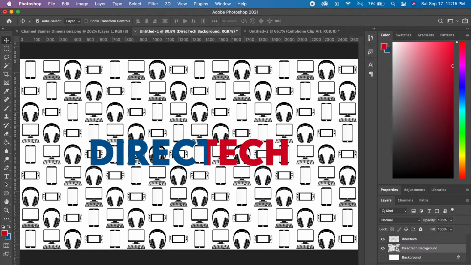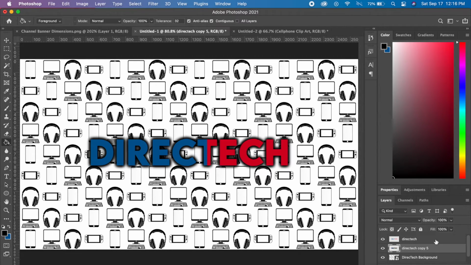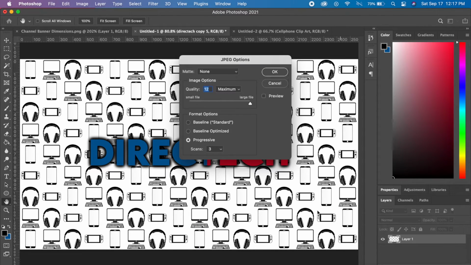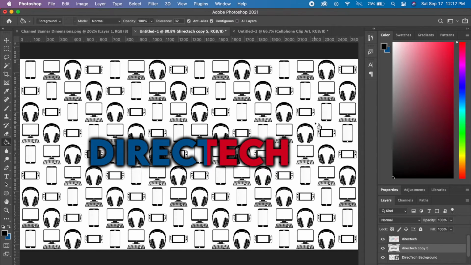Once you put your text and pictures onto the main background, you can see how it looks and make tweaks as you see fit. For me, I would just like to put a drop shadow on the text to make it more legible. And if you want to learn how to do that, I have a tutorial on my channel. So there, now the text is a lot more legible, and this is what my channel art looks like. Then you're going to go File, Save As, change the format to a JPEG, and name it. Click Save. Okay? And then upload this image to your channel.